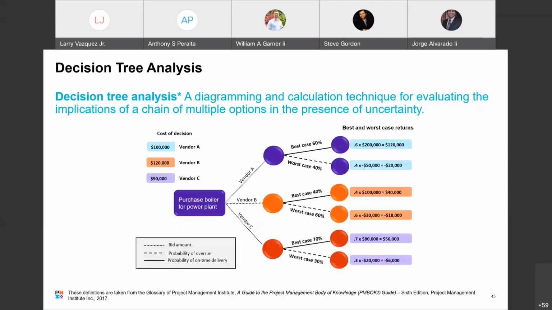All right. How about we talk about decision trees? So a decision tree analysis is a diagramming and calculation technique for evaluating the implications of a chain of multiple options in the presence of uncertainty.